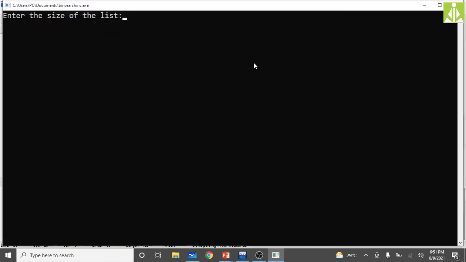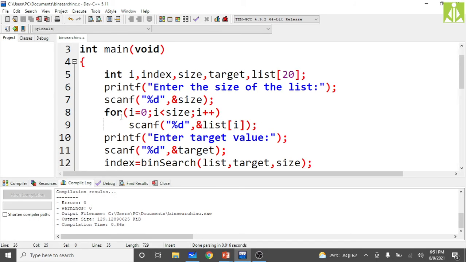So run the program. It is asking me to enter the size of the list. I'm saying I want 5 elements in the list. Once it reads the size, it should give the message to enter 5 elements. That it is not doing means we have not kept that.